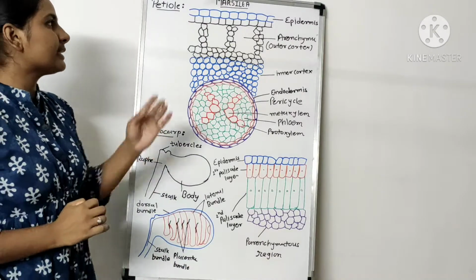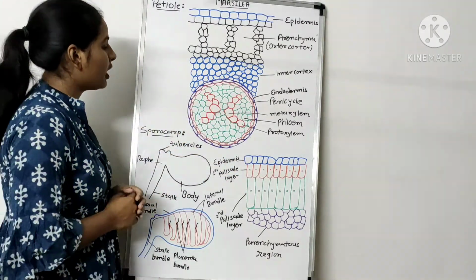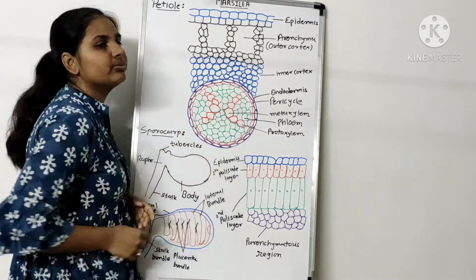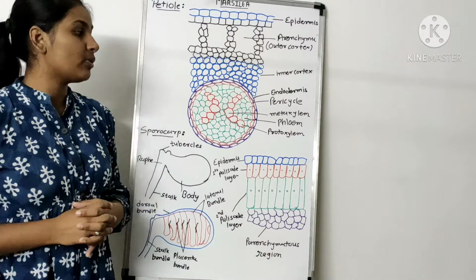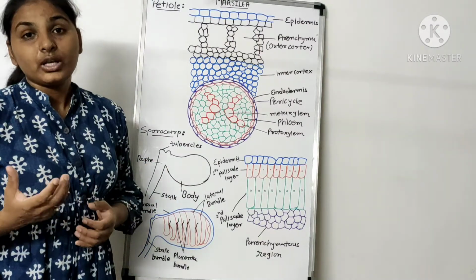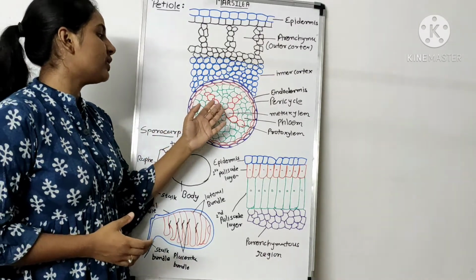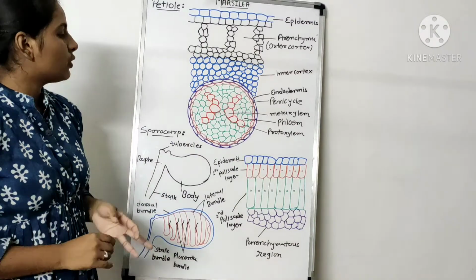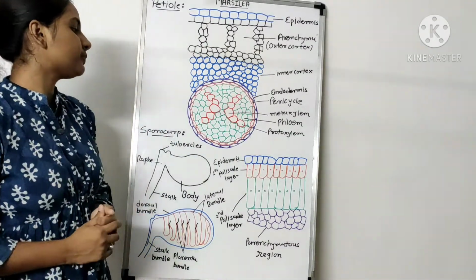Okay, this is a simple petiole anatomy, and pay more attention to the xylem. Sometimes in college and university exams they also ask the question: in which plant does the petiole have V-shaped xylem? So you give the answer: Marshallea petiole.